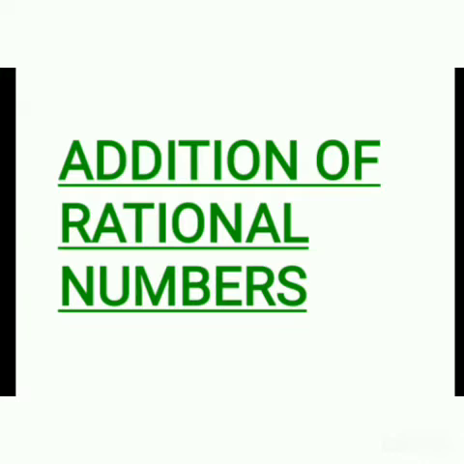If there is one positive integer and one negative integer, what will we do? We are subtracting. The same concept we are using here. So, the combined concept of integers and fractions we are using in case of addition of rational numbers. We'll discuss with the help of an example.